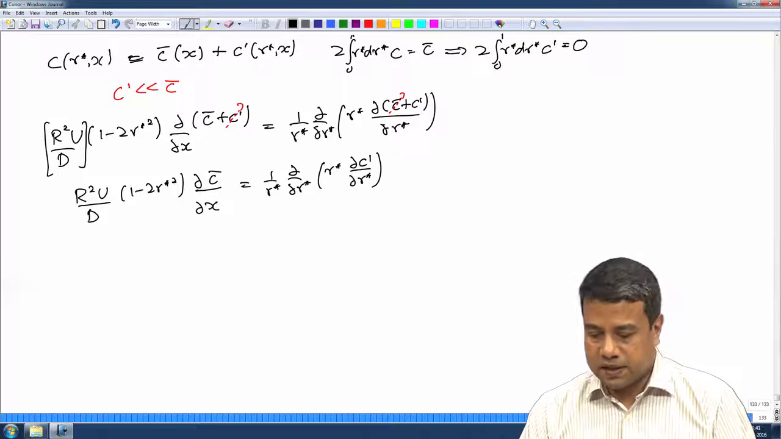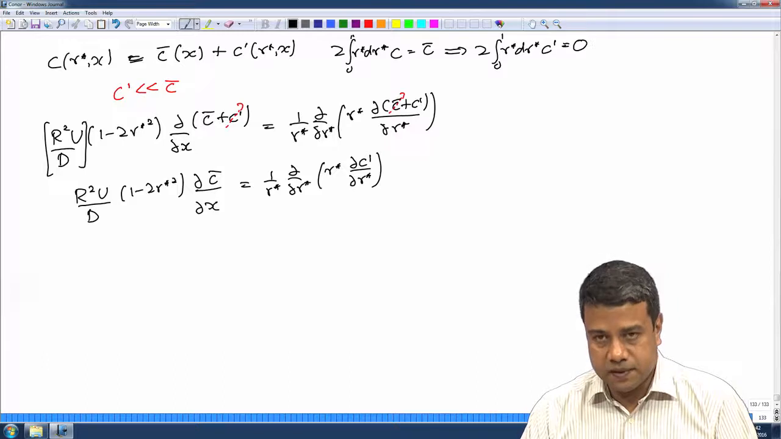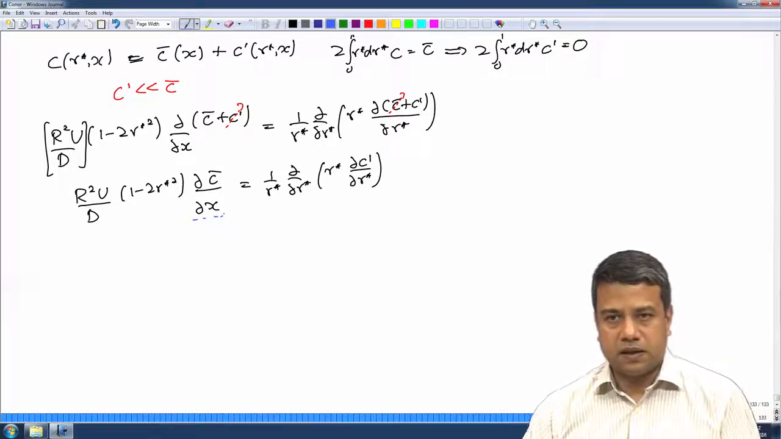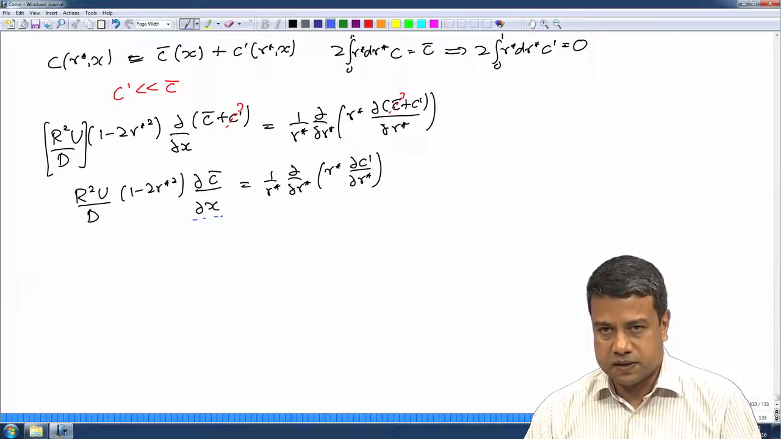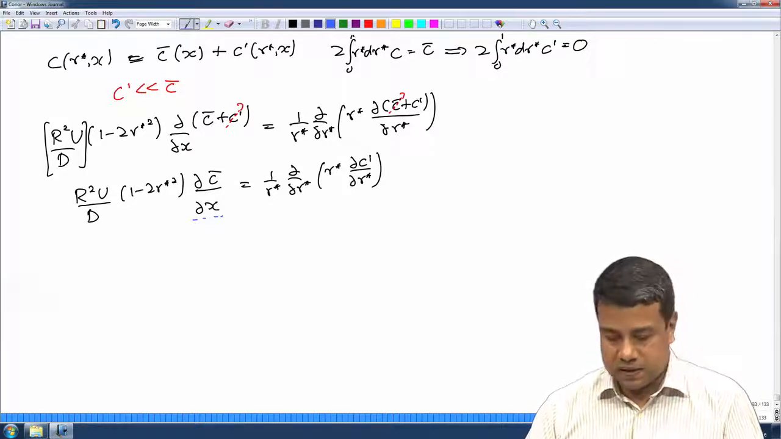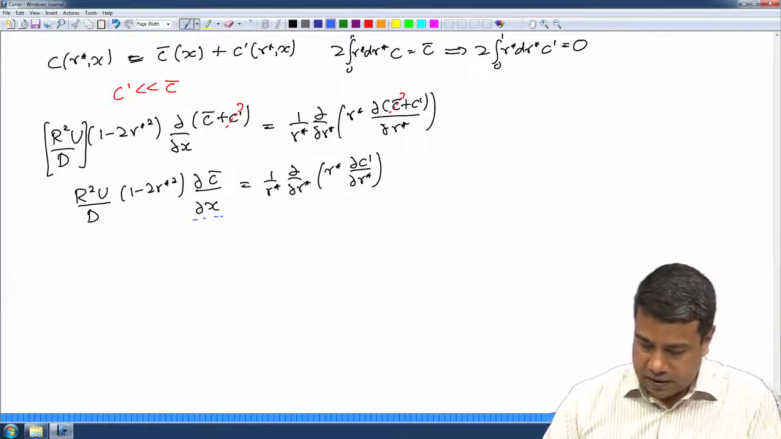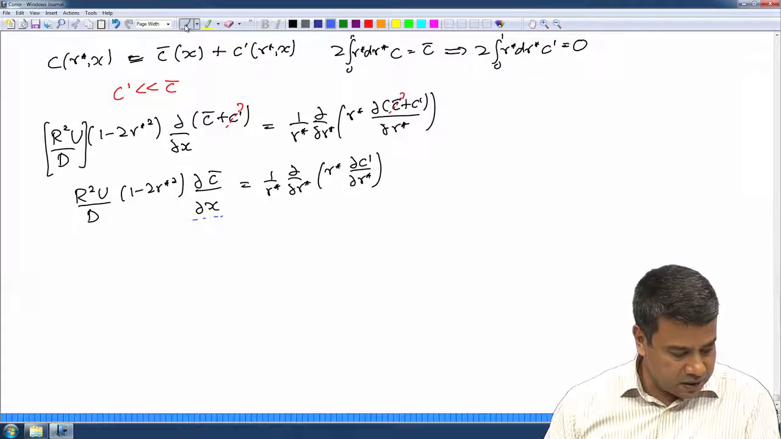So, this is the equation that I get. Therefore, I can solve this equation to find c prime as a function of the partial of c bar with respect to z. Just integrate this equation two times. First multiply by r, integrate once, then divide by r, and then integrate a second time. It is an easy exercise to integrate it. What you will get is that